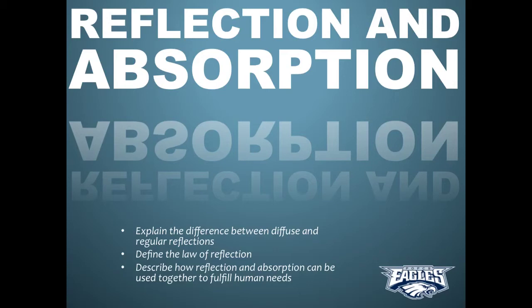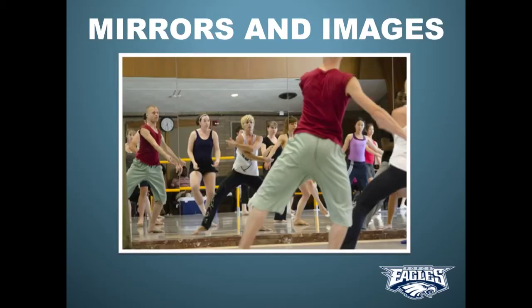We'll define the law of reflection, and we'll also look at how absorption, the different colors and how they absorb different amounts of radiant energy. We'll look at how those two things, reflection and absorption, can work together to harvest thermal energy and put it to good use. Mirrors are devices that consist of a really smooth surface, such as glass or something like that,